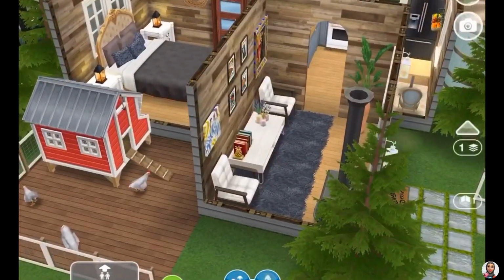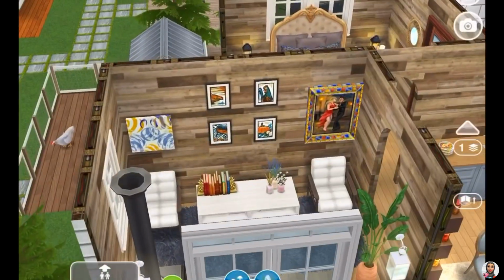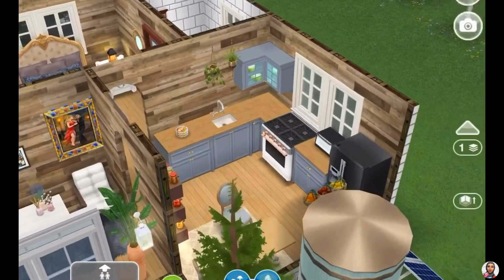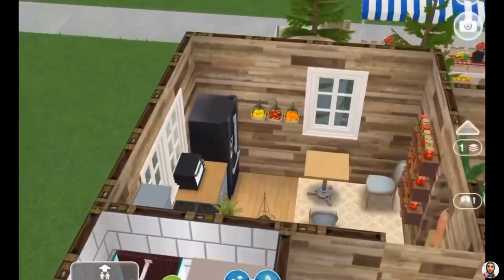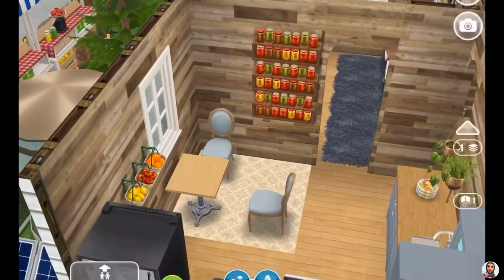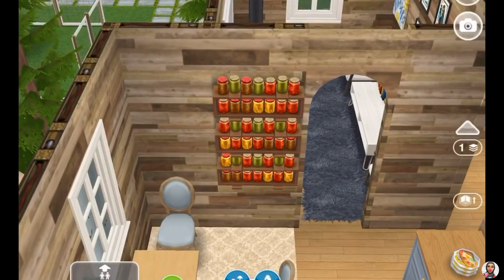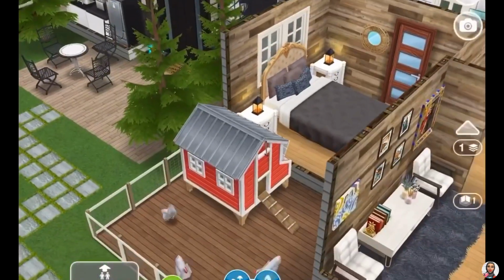So here we are. This is our first house. As soon as you enter, we have a little living area. This is Mr. and Mrs. Keller's house, and they have a couple of chairs there, and paintings and pictures. They would not have kids at home anymore because they're all grown up and have their own lives, so it's just for them. And then in here we have a little kitchen area. I would say this is good enough for them. The water they use in the kitchen would be rainwater collected into those big water tanks, and everything runs on solar, so they are not hooked up to electricity. And these jars that I kept, I would think they are jams that grandma makes. In here we have their bedroom,